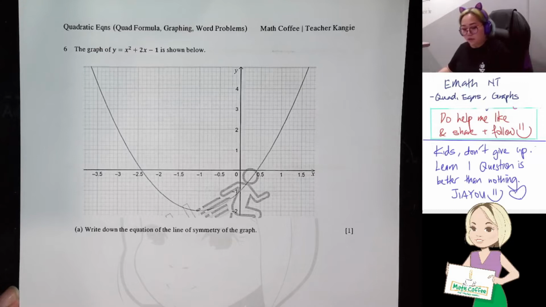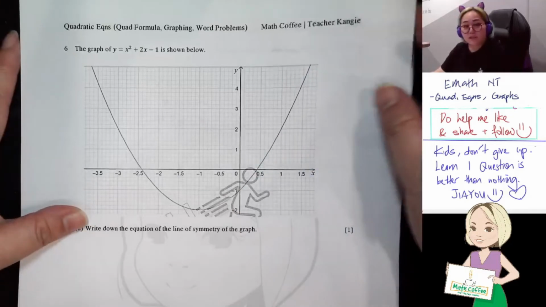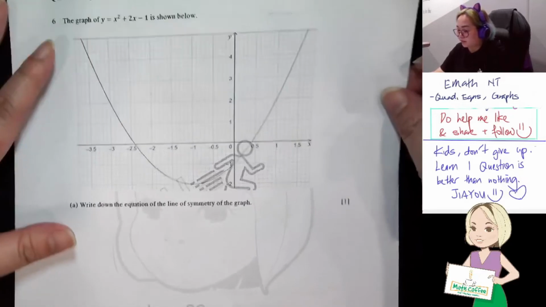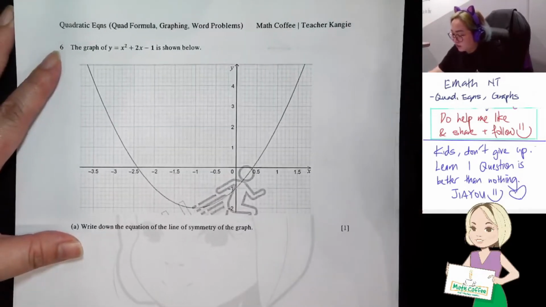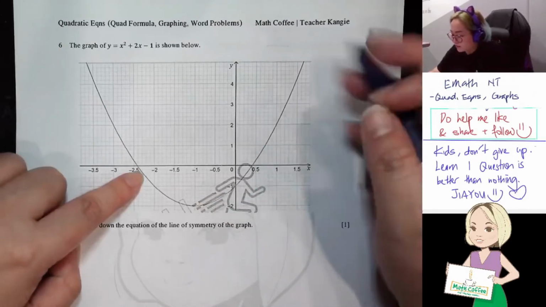Okay, now question number 6. Question number 6, the graph is already drawn for us. So we just need to answer their question. They say write down the equation of the line of symmetry. Okay, so line of symmetry will be in the middle. So over here you can see that